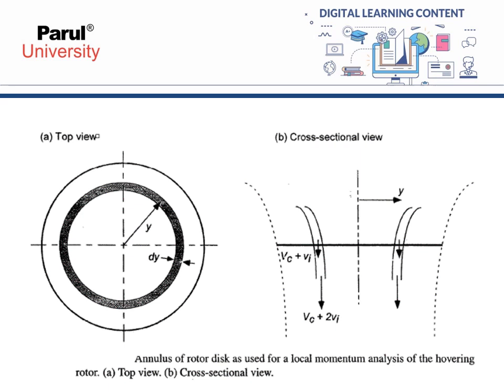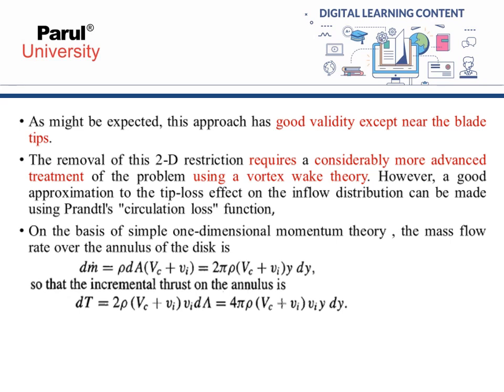Now the next thing is, as might be expected, this approach has good validity except near the blade tips. The removal of this 2D restriction requires a considerably more advanced treatment of the problem using a vortex wake theory. However, a good approximation to the tip loss effect on the inflow distribution can be made using Prandtl's circulation loss function. On the basis of the simple one-dimensional momentum theory, the mass flow rate over the annulus of the disc